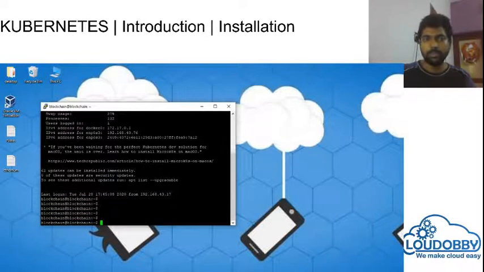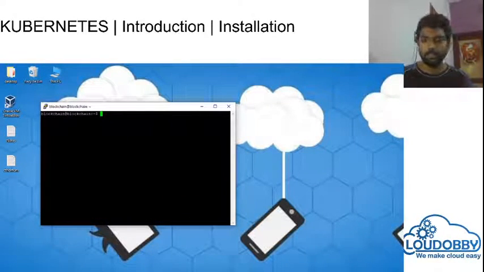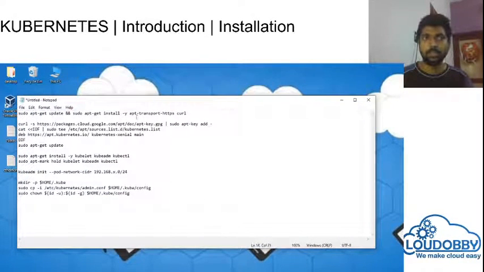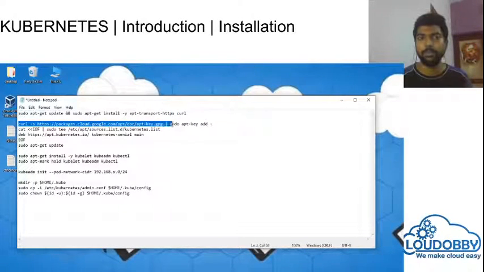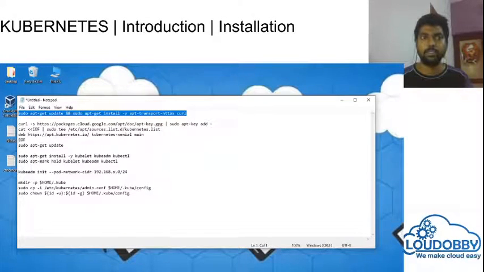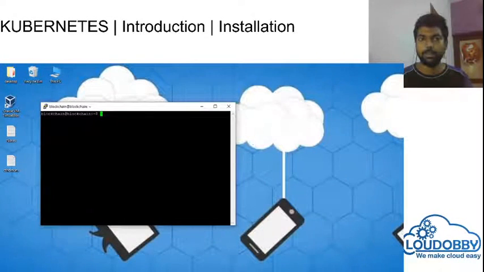Now I am into the Linux. I am going to install the three major components. I have the commands in the notepad so that I can avoid the typos. If you see, sudo apt-get update is just to update the package repository in Ubuntu Linux, and this command is to install apt-transport-https and curl, because we're going to fetch the package from Google, basically the Kubernetes package. So I will run these two commands together. Basically, these are two commands. I am running the two commands in the same line.